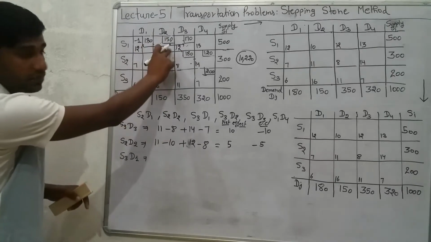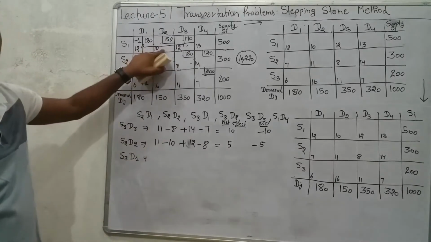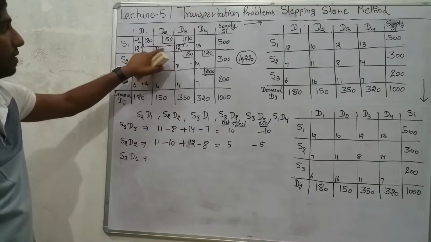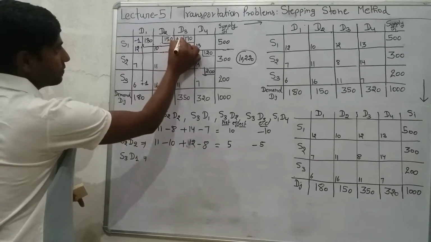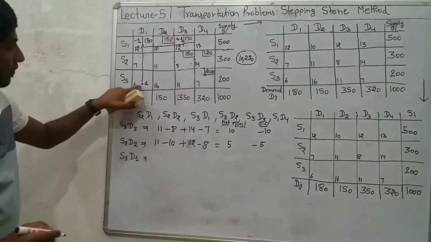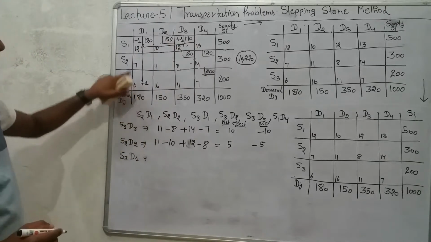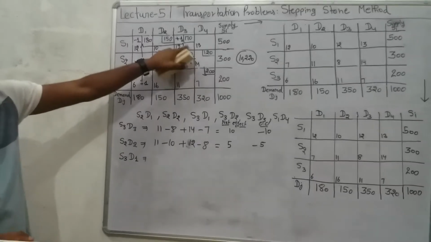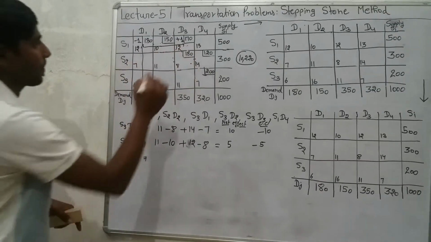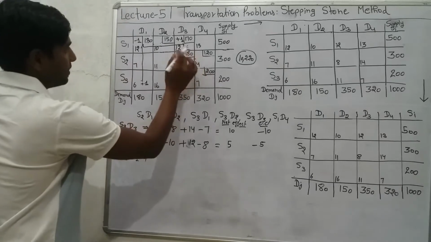We cannot add this one because we have skipped it. We have just stepped over this cell. So we have to add in this one. So +1 would be here. We have added 1 unit here to balance out, reduced 1 unit from here to balance out, added 1 unit here. Now, what would be our movement?